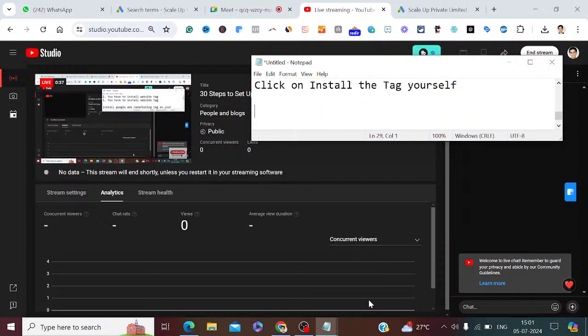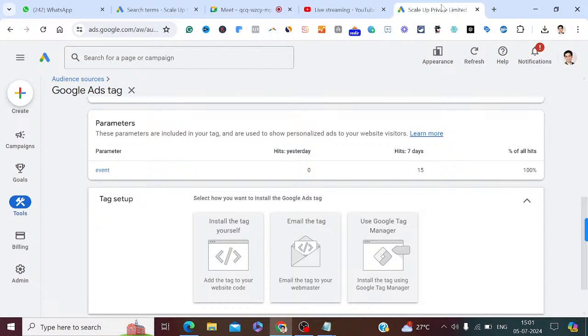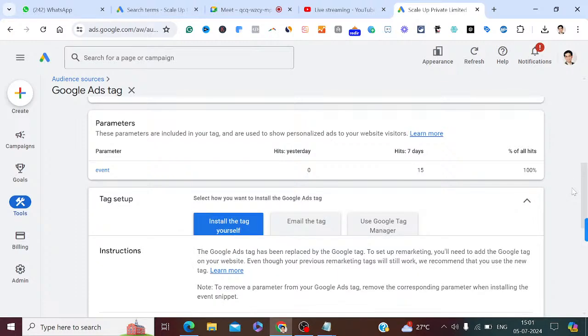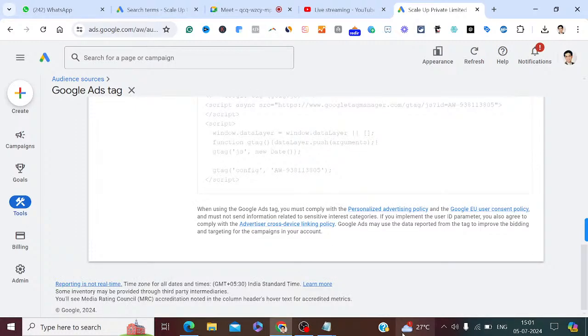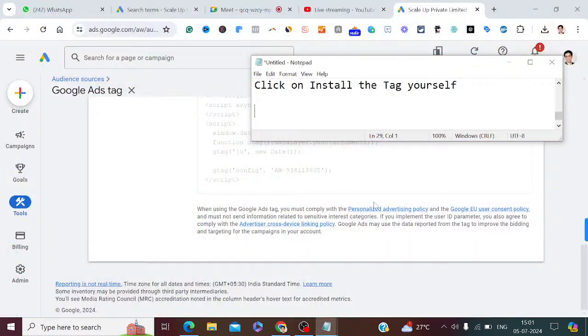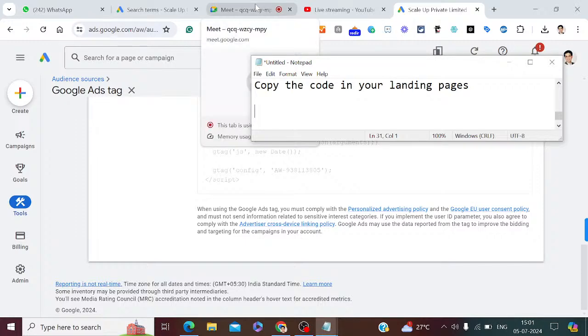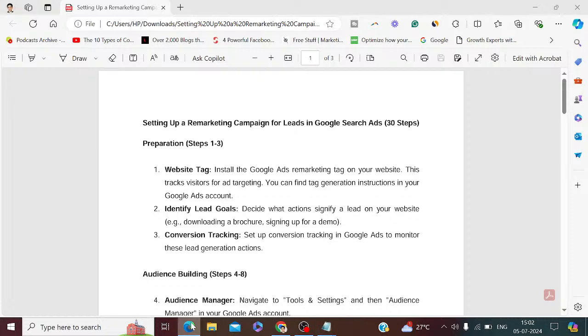Okay. So now I'll show you the further concepts, right? So I just click on install the tag by yourself. Okay, so this is the code which you have to copy into your landing pages. You have to do this, right? Okay, now once this is done,